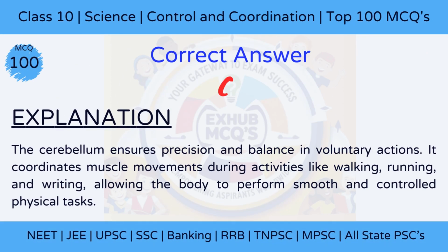The correct answer is option C, maintains precision and balance. Explanation: the cerebellum ensures precision and balance in voluntary actions. It coordinates muscle movements during activities like walking, running, and writing, allowing the body to perform smooth and controlled physical